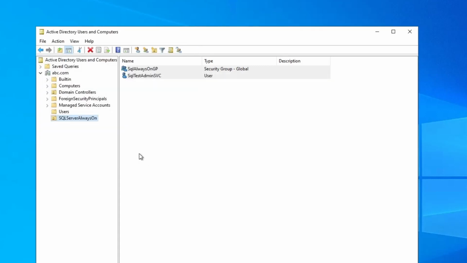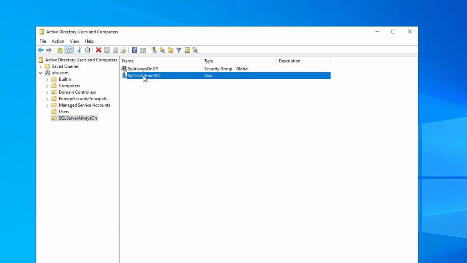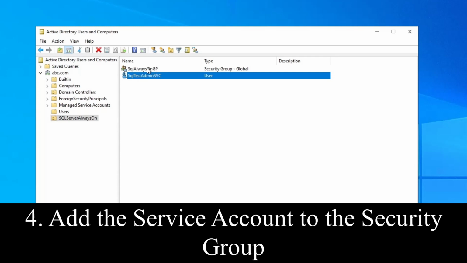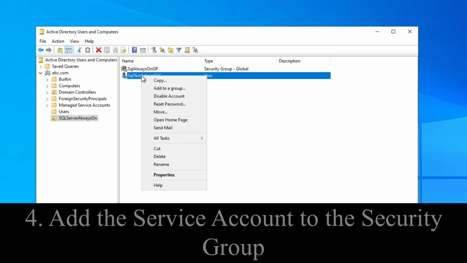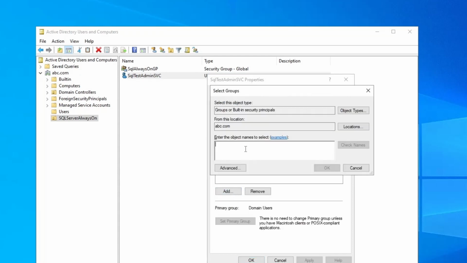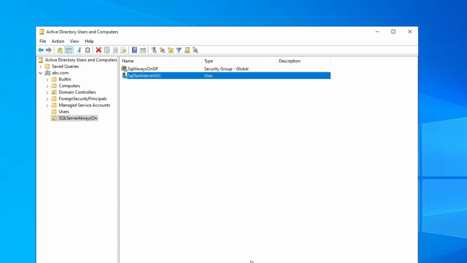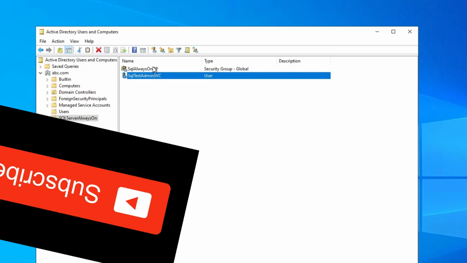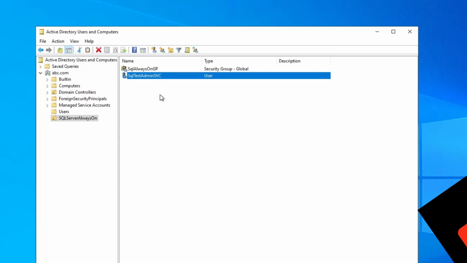Click finish. So now that we have a group and the service account added to the new organizational unit, the next step is to give this service account access to this group. So we're going to go to the properties of this account, add the member. I'm going to look for the SQL Always On group. Check the name, add it. Now our service account has access to the new security group that we created for the